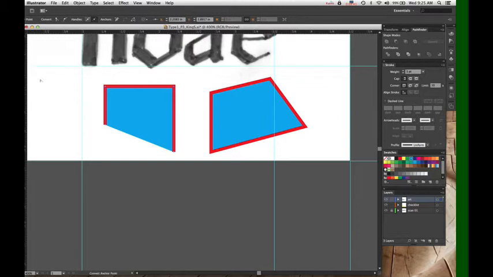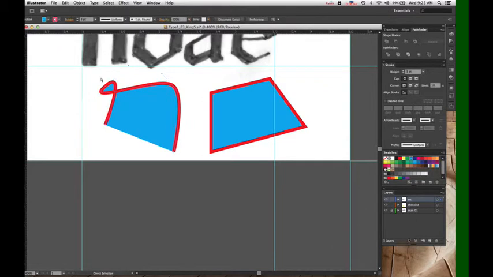And the convert anchor point tool, you'll see it's like a little open arrow. If you click on an anchor point with that tool, you can pull out curve handles. You may notice that one did this sort of weird loop-de-loop.